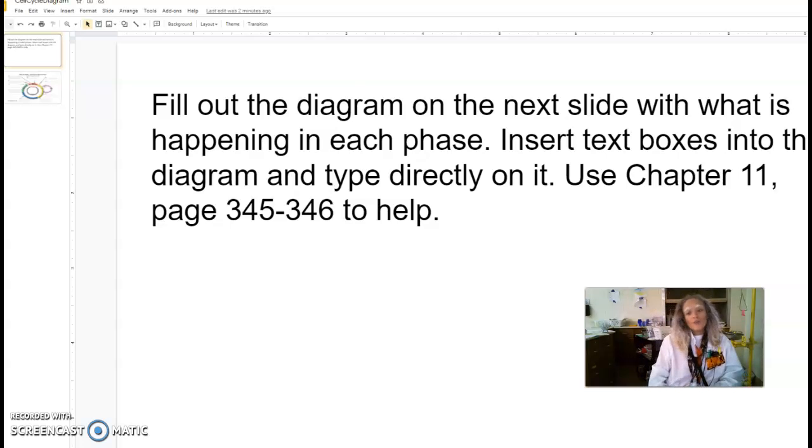Hey e-learners, welcome to biology. We have a cell cycle diagram you guys have to fill out today, and what you're going to do is